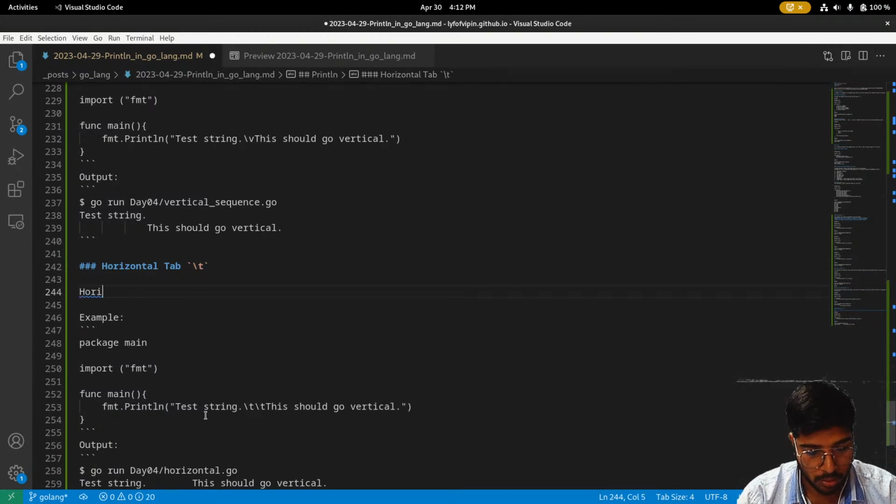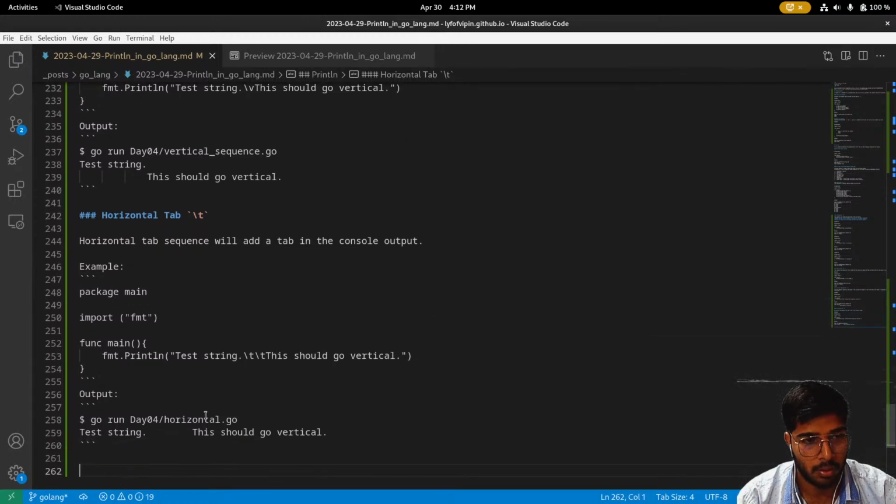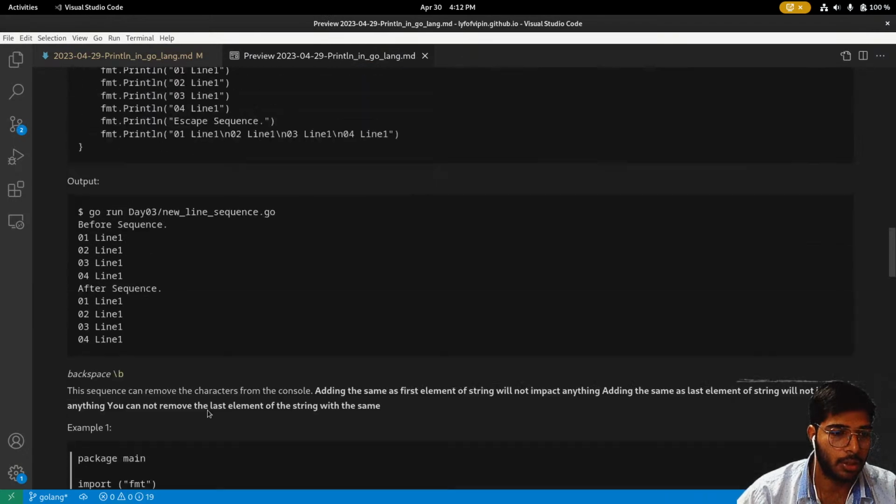Horizontal tab will add a tab in the console output. The name is clear, right? To add the tab in the console output. I have an example. Next is